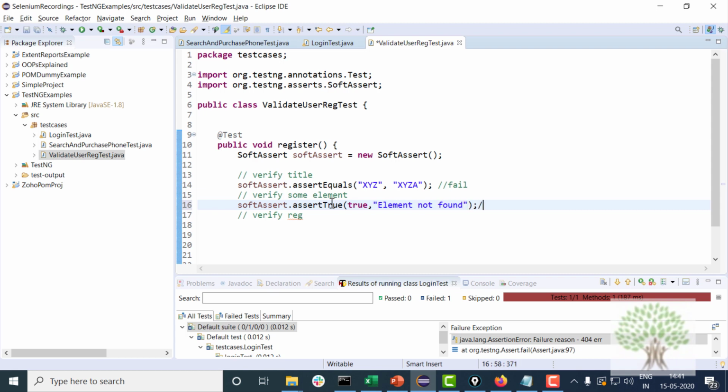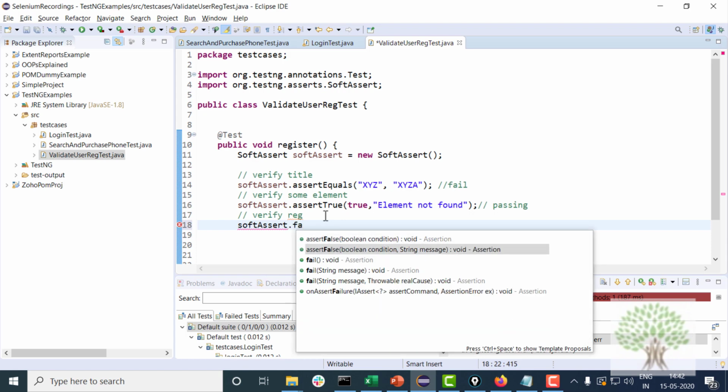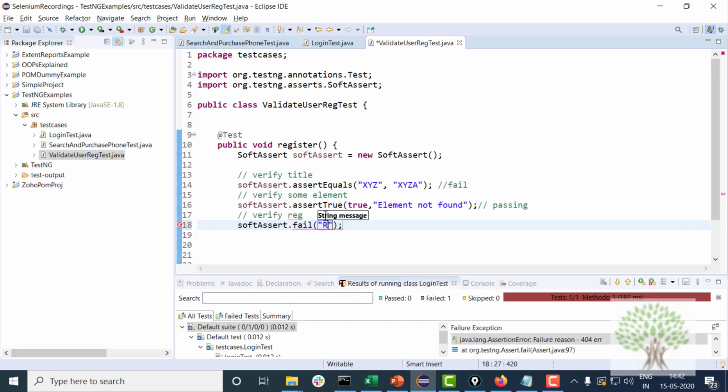So this condition is passing because I have hard coded true over here rather than writing the code to find the element, whether it is present or not. And then in the end you have to verify the registration as well. Suppose you find out that registration was unsuccessful and you fail the test. You write over here soft assert dot fail with the message registration was not success.